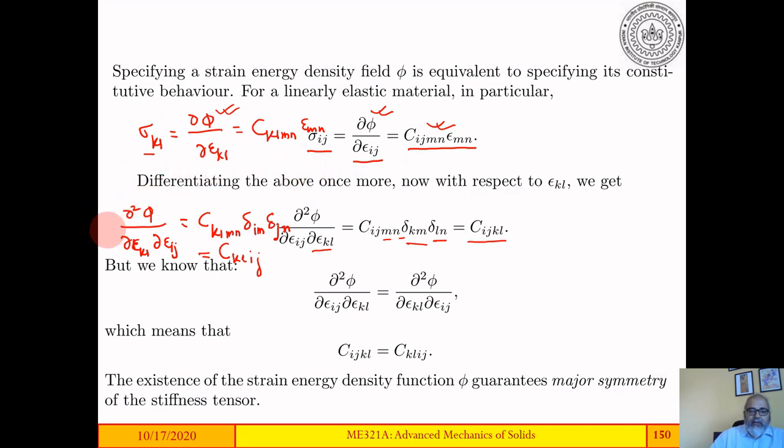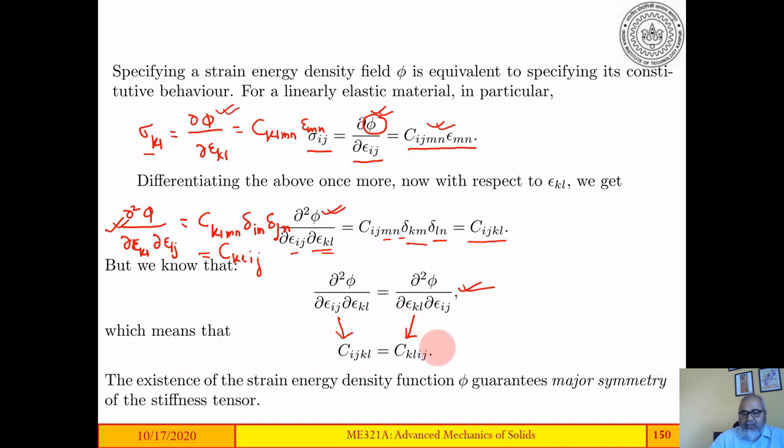But I know that if I look at this quantity and this quantity, as long as phi is a continuous function in strains, then I know that the order in which I take the derivative does not matter. So in other words, del square phi del epsilon ij del epsilon kl is the same as del square phi del epsilon kl del epsilon ij. So I have this equation. This leads to Cijkl equal to Cklij. So the existence of this scalar strain energy density function, which is an outcome of thermodynamics of deforming bodies, elastic deforming bodies,